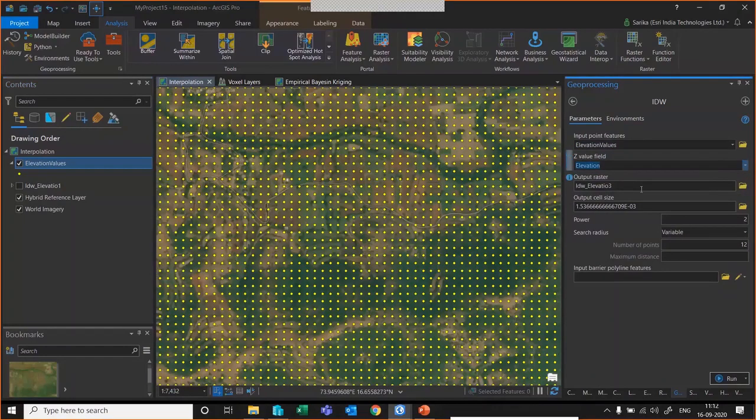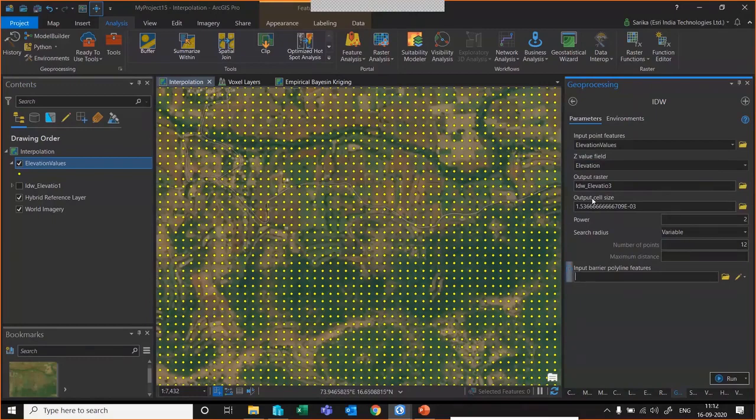And you need to give the output raster name and the cell size and everything. You can leave it by default. And if you have any bounding polygon, suppose you want to restrict the processing to a certain extent, you can even give the barrier polygon, so that it will restrict your input and the output to that particular extent.